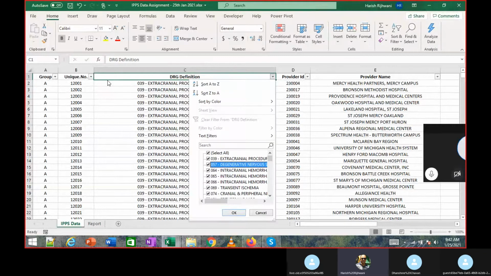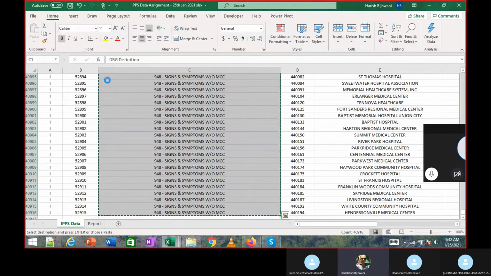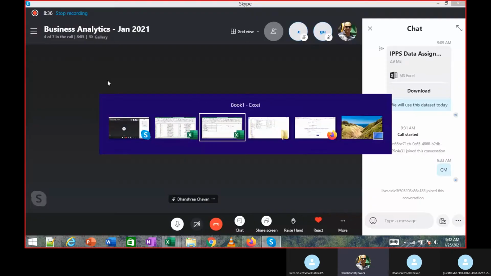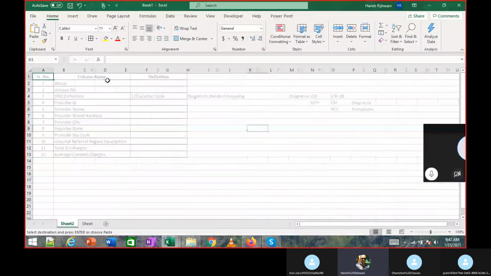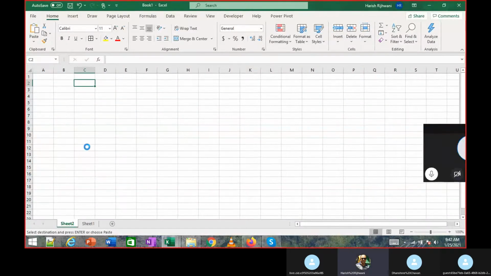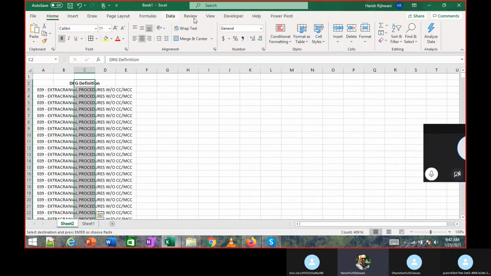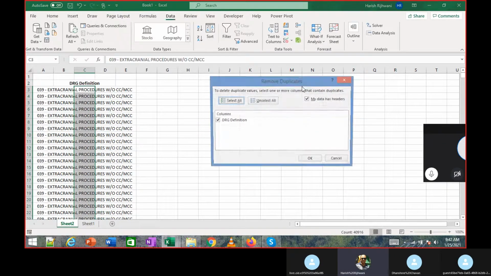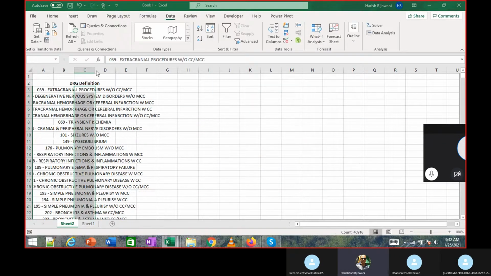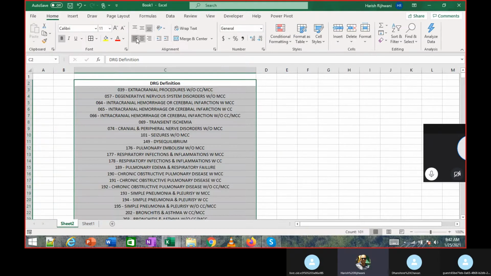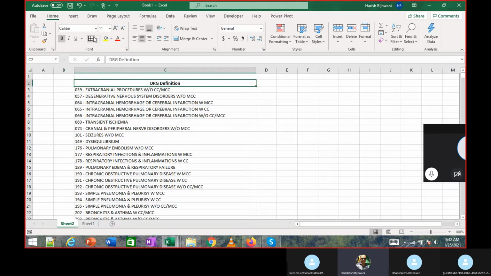If I look at the others, let's go there only. I go to data. I'm just going to explain this quickly. There are 100 unique values over here. So degenerative nervous disease, 64 is intracranial hemorrhage or cerebral infarction.